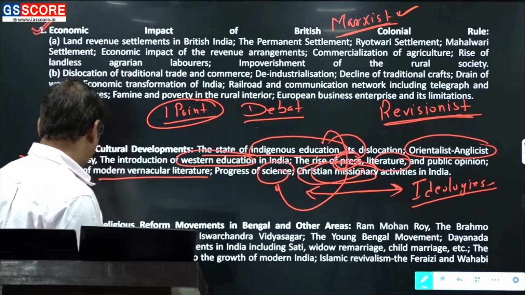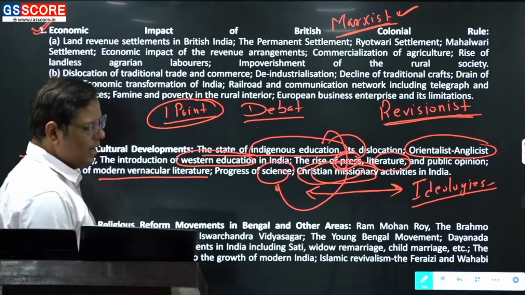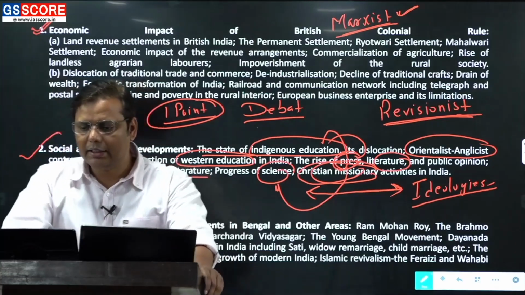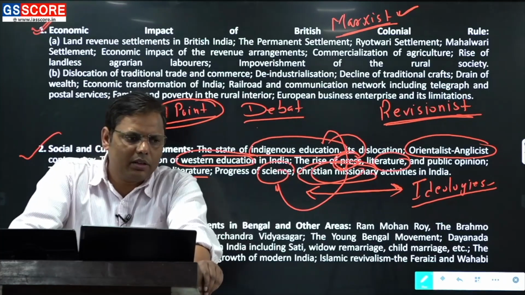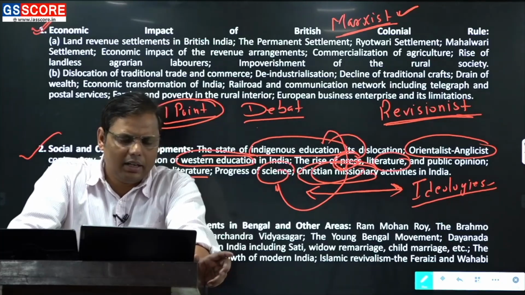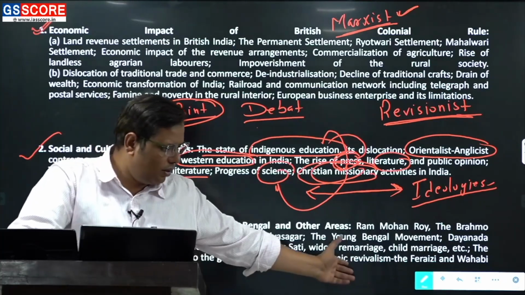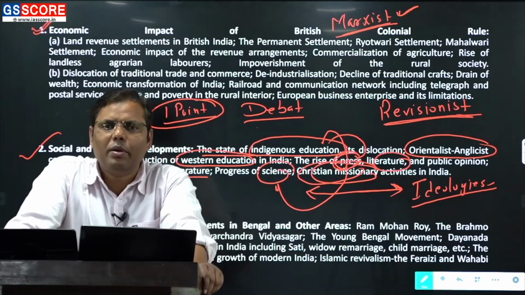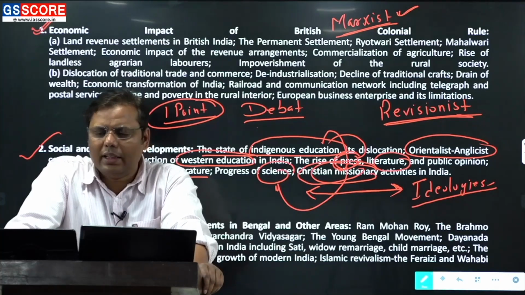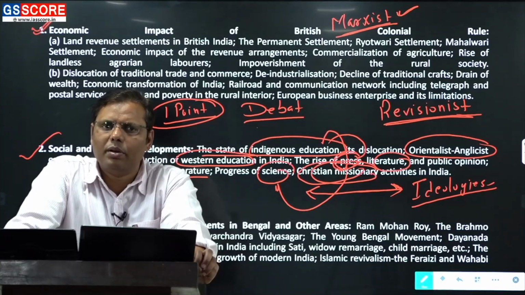Then it comes to the next one, that is social and religious reform movements in Bengal and other areas. Again, I'll say this is one area where so many recent works are going on. There are so many prominent scholars like Partha Chatterjee, Ashis Nandy, and Sekhar Bandyopadhyay. These are scholars who have been working and are yet active. This is how the social reform movement is one topic which is very prominent.